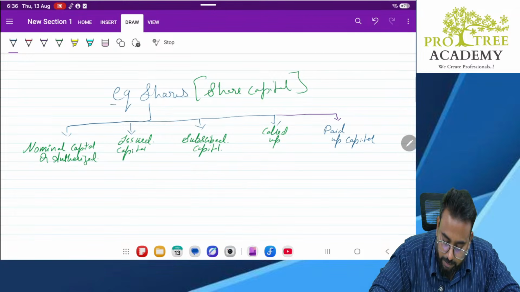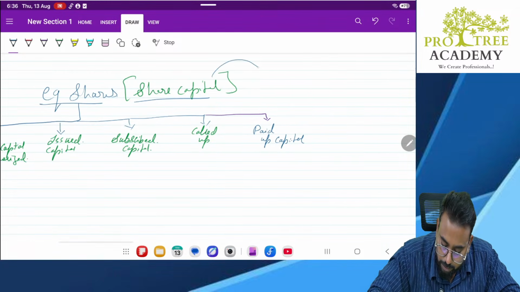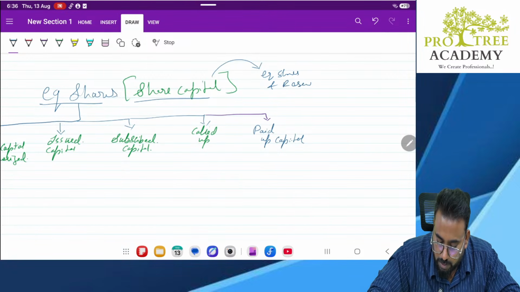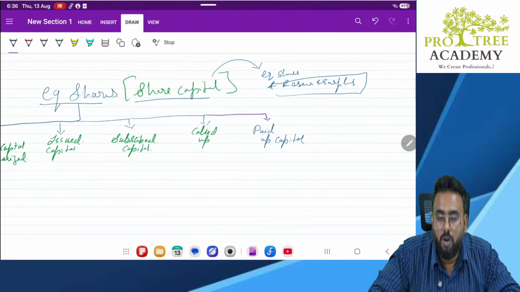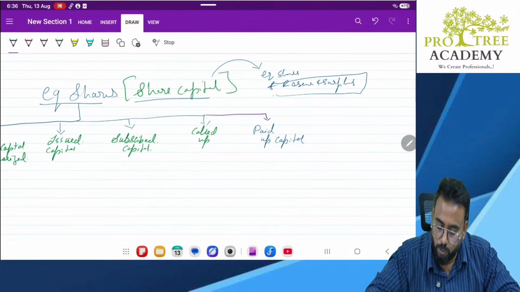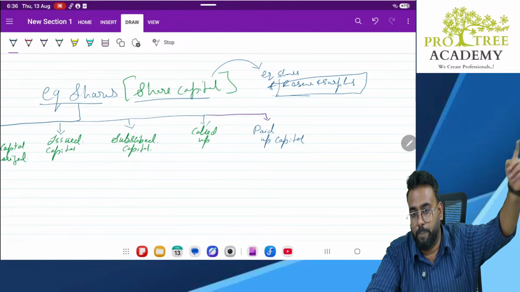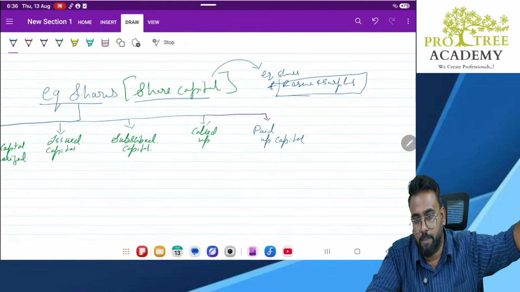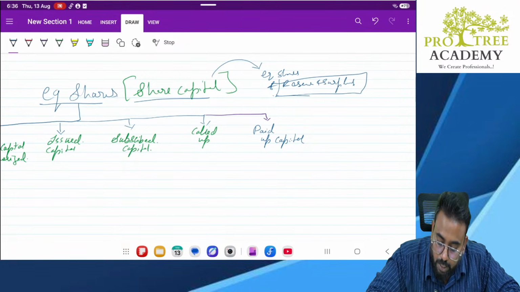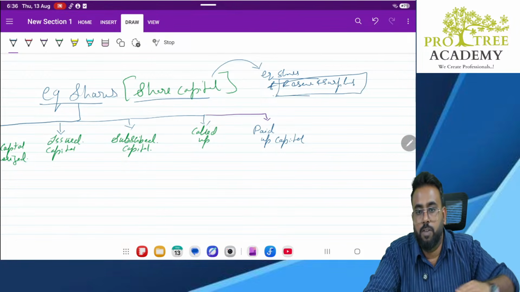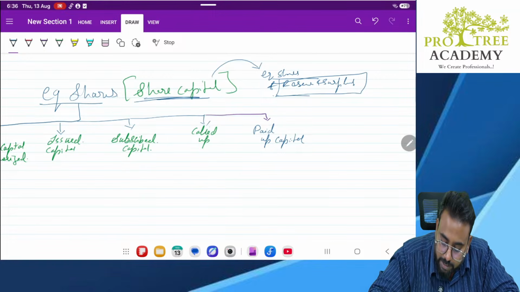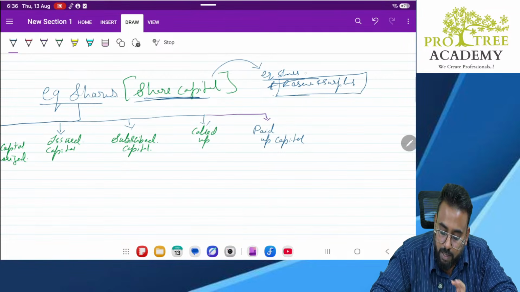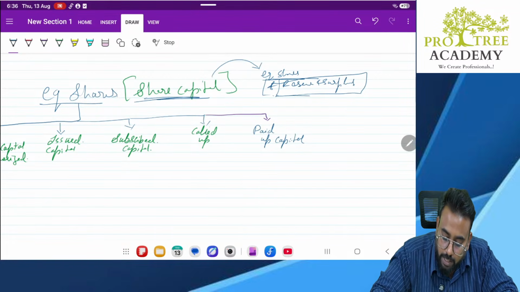Now we understood what is equity share or share capital. Share capital consists of equity shares and reserves and surplus. Now what is reserves and surplus? All your profits, whenever they get accumulated, will go and sit in the reserves. In sole proprietorship, whatever profit was there was transferred to the capital account, right? But in company accounts, whatever profit you earn will be transferred to your reserves. Clear? So equity share capital plus your reserves and surplus. So under equity share capital,